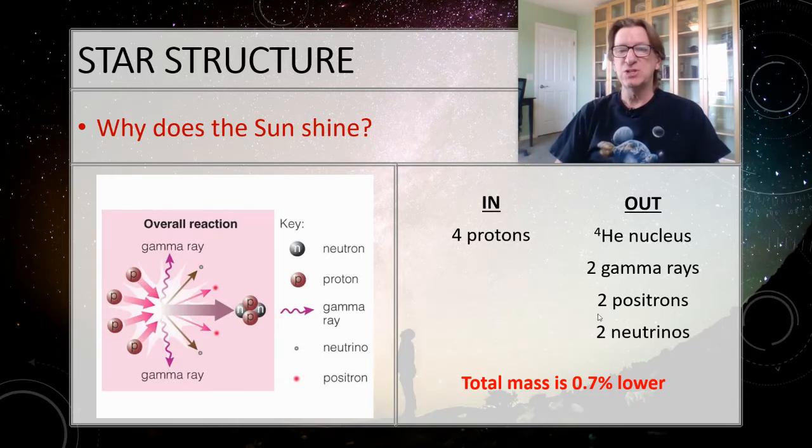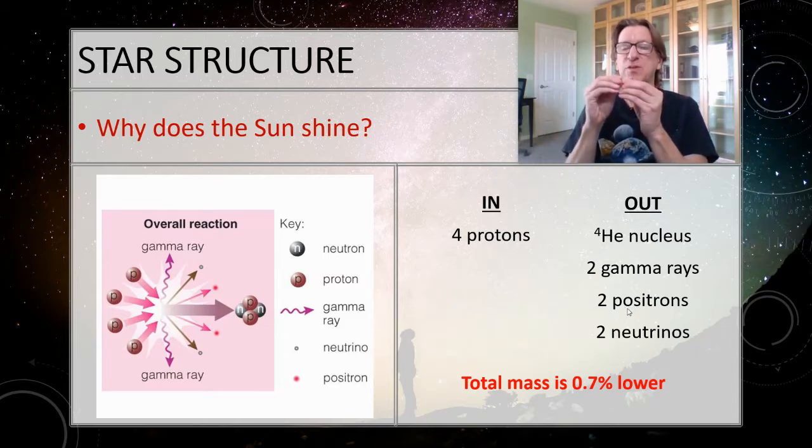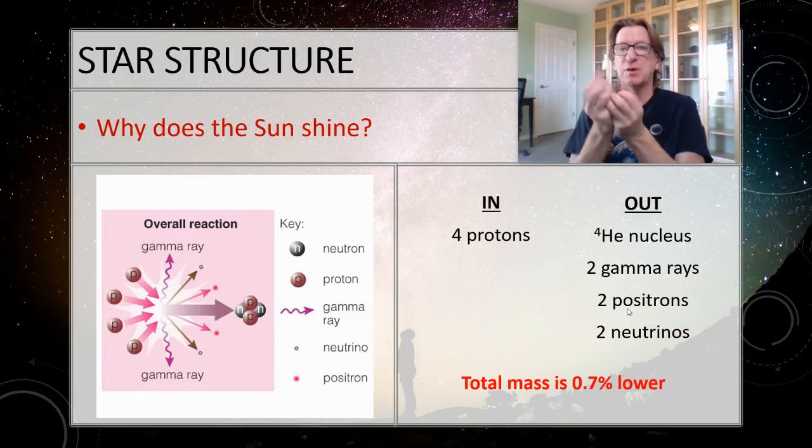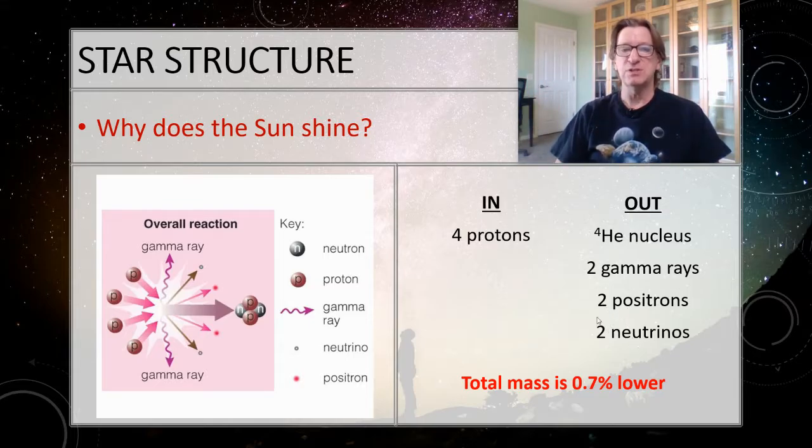But this is how the energy from the sun comes out, through gamma rays. Positrons then, these anti-electrons, combine with a normal electron, and then they release energy. So anytime I have matter and antimatter, when I bring them together, they explode and they release a lot of energy. So this is basically energy, and then those neutrinos are carrying energy as well. That is where the heat from the core of the sun is coming from, and that might be 10 million degrees or so. The total mass is 0.7% lower. That's not a lot, but if you multiply that by 3 times 10 to the 8th and then square that, you can see that this is a lot of energy that I'm getting from here. And so the sun has been a continuously exploding hydrogen bomb for the past 4.5 billion years or so.